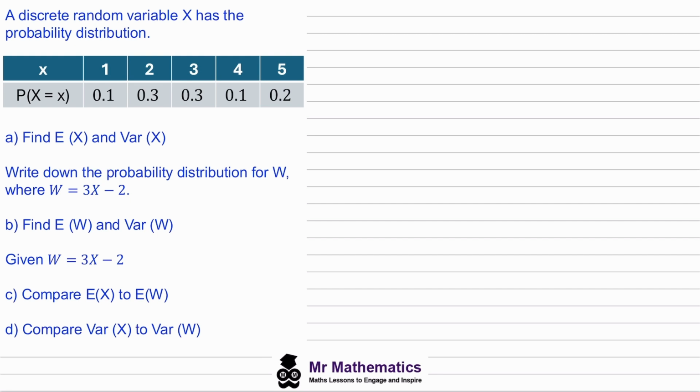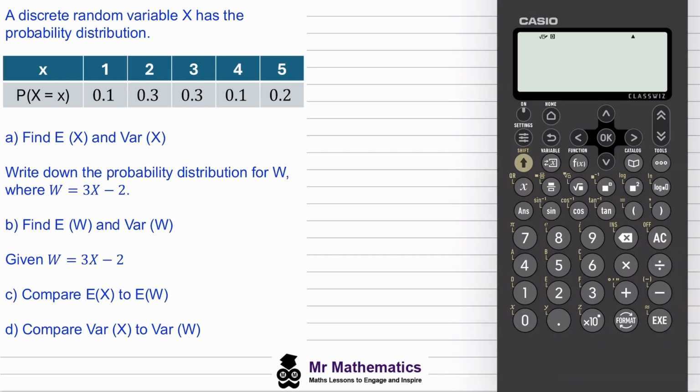And I showed you in a previous video how we can do this using calculations. In this video, we're going to work out these using the calculator. So if we choose home and then we want statistics and we choose one variable, then we can enter the x values in the first column and then the probability values in the frequency column. So now to find the expected value and the variance, if we execute this,